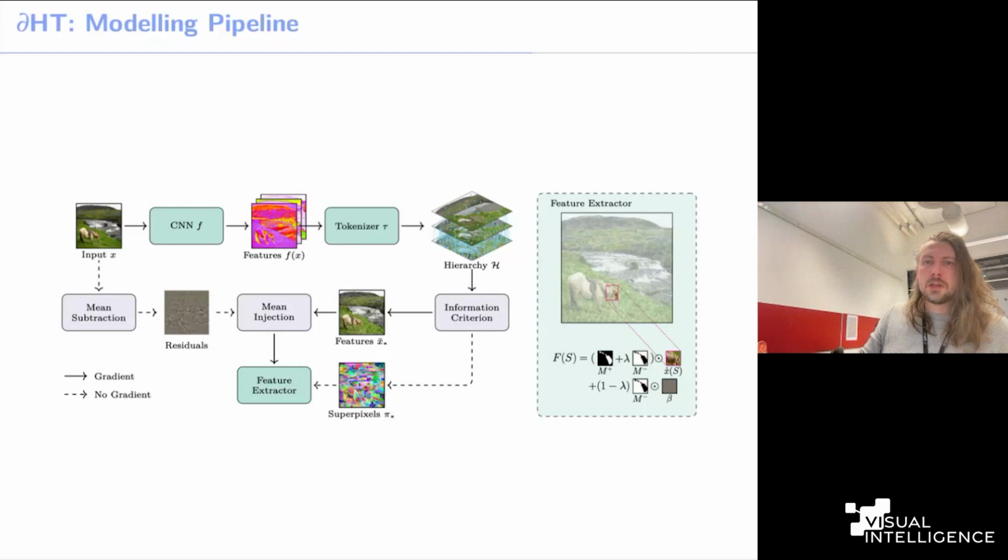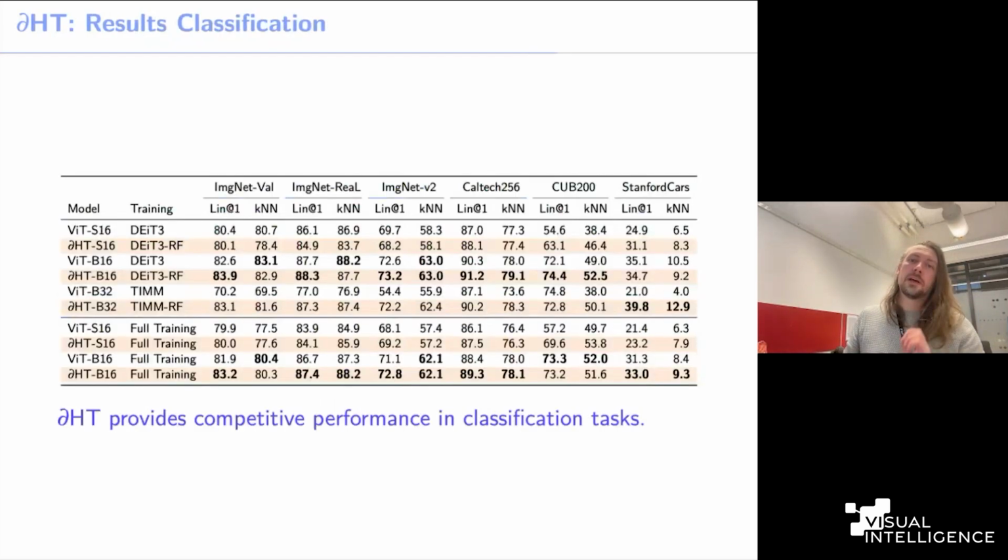Yes. So there's a lot of moving parts, but in the end, we get something that is differentiable and is able to learn to partition images in an end-to-end fashion. We have some nice results for classification. In most cases, we find that the retrofitted ViTs improve a little bit on performance in classification tasks. We also see that when we train a model from scratch using this dynamic way of computing the features, we actually managed to improve quite a lot from training a ViT from scratch using the same